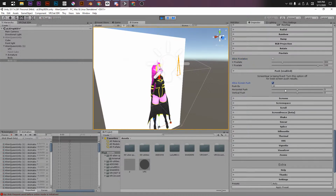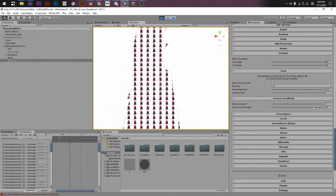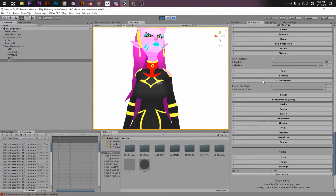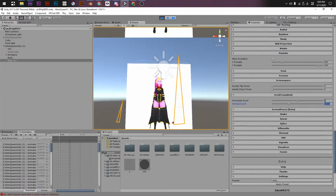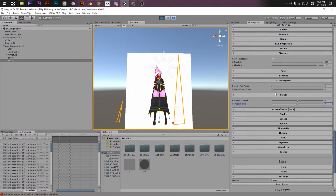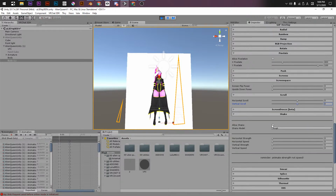No, push what? The screen. The screens. Okay, this is the infinite screens. Bro. Screen space. Okay. Scroll. This is just general. So I will make a list of which effects move the screen and which effects move inside the mesh, because there are a lot of different ones. Screen freeze, I don't want to touch something that is in beta. Shake,